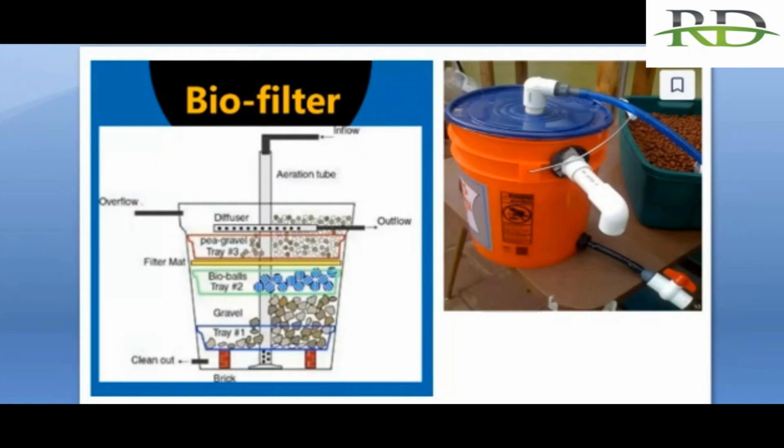Right? Suppose you are having any balls, or a net-like structure, or pebbles, stones, anything that has a rough structure, the bacteria can easily settle on that structure. So a biofilter can be of any shape and size. The main thing is that it should be non-reactive and non-toxic. It should have a very high surface area as compared to volume. More surface area means it will provide more area to develop the nitrifying bacteria, which will help to convert the ammonia to nitrite and then nitrate. Next,